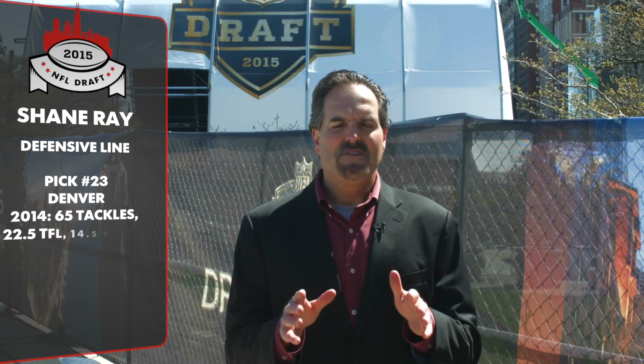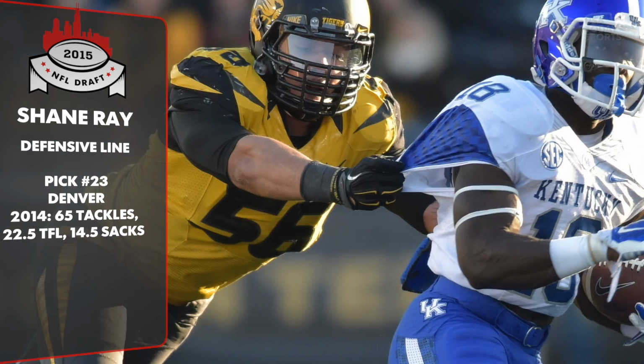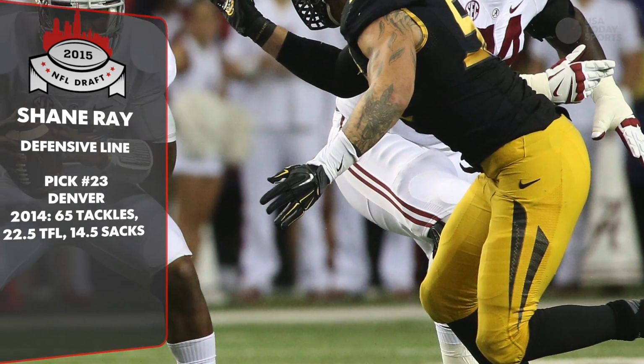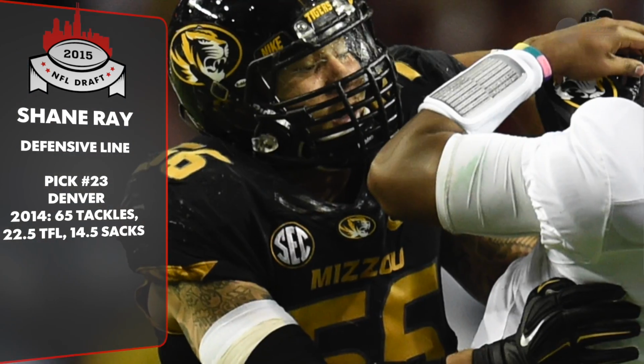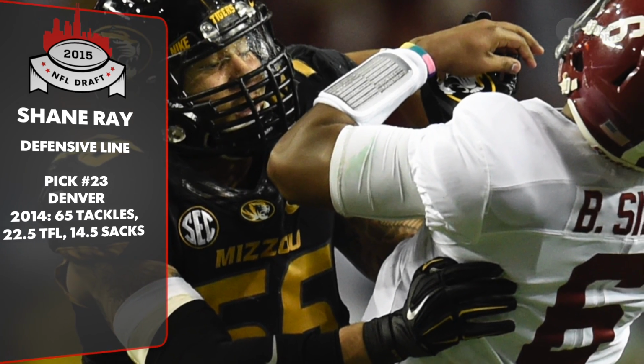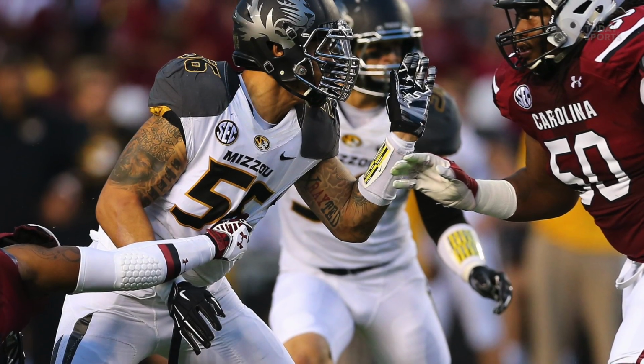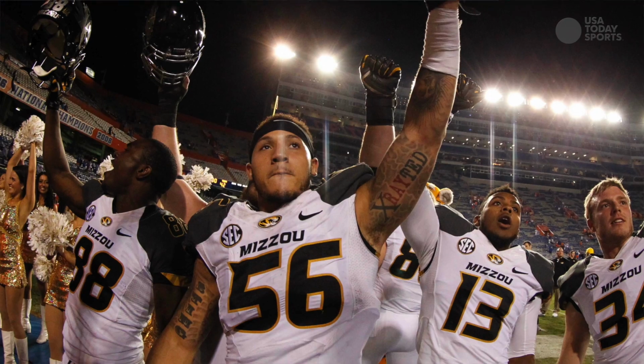Pass rusher Shane Ray is one of the most violent defensive players in this entire draft. And when you watch him on film, his strengths are apparent. He's got a great first step off the ball. He uses his hands excellently to chop and defeat pass blocks. He is, however, not without weaknesses. He is a little bit stiff in the hips, which causes him to play upright. I think the bigger concerns, however, are off the field. He had the recent issue with the marijuana, and he failed the test earlier in his career, so you do wonder about his maturity and decision-making, despite the fact that I feel he is without question a top 10 player